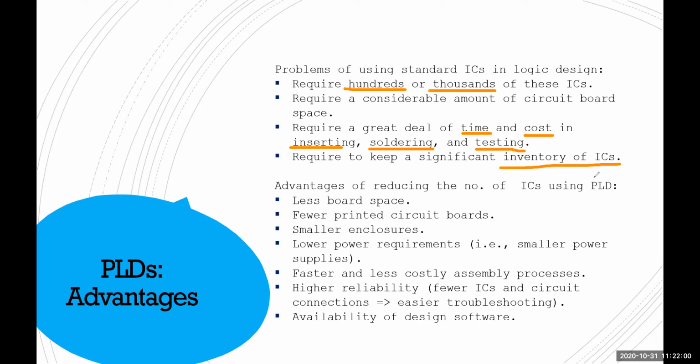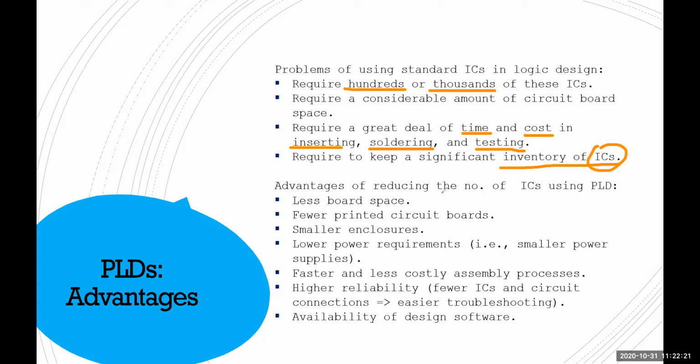So this is called supply. You need to have some supplies at your home, because if you need one IC and you cannot find it, that will be a problem. So you need to keep supplies of ICs at your home. For all 7 ICs, you need to keep the supply.